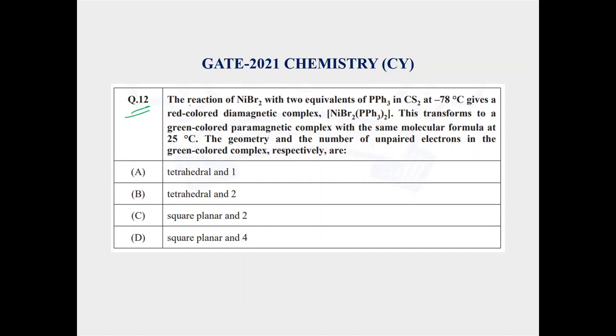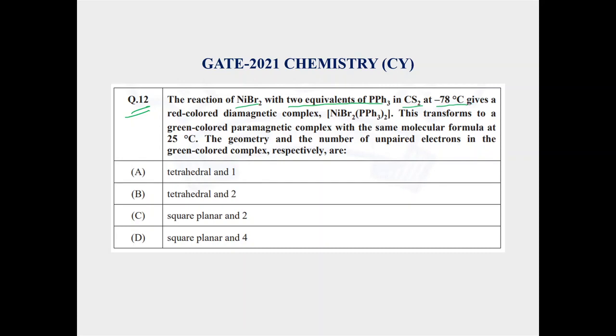I mainly solve questions which are from coordination chemistry, organometallics, and main group chemistry. Okay. So here the question is the reaction of NiBr2 with two equivalents of PPh3 in CH2Cl2 at